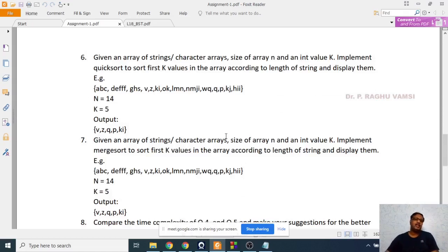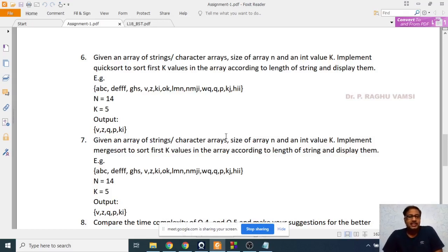Now, given an array of strings or character arrays, size of array n and an integer value k, implement quicksort to sort the first k values. So the first k values means it is the user's choice, how many elements he wants to sort, that means how many elements he wants in sorted order.